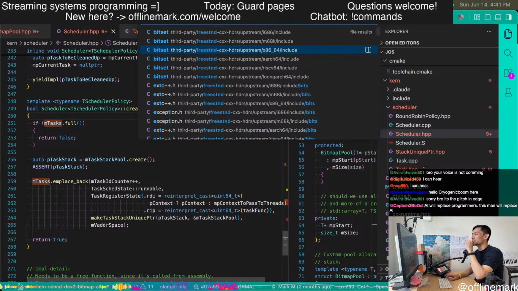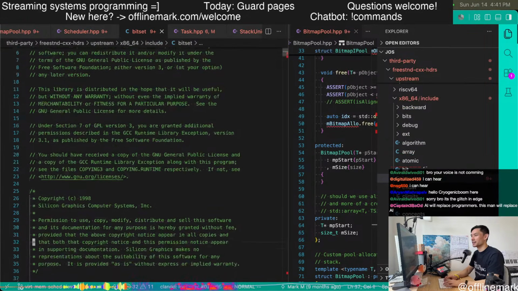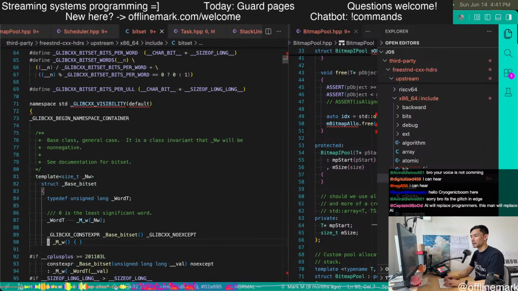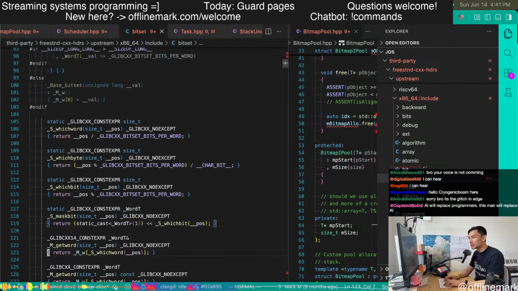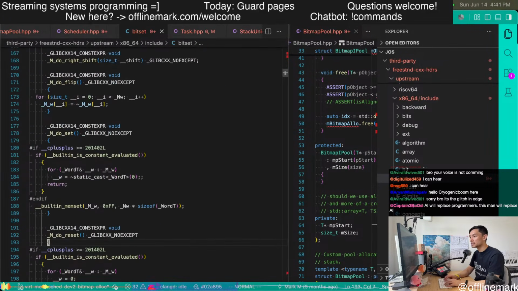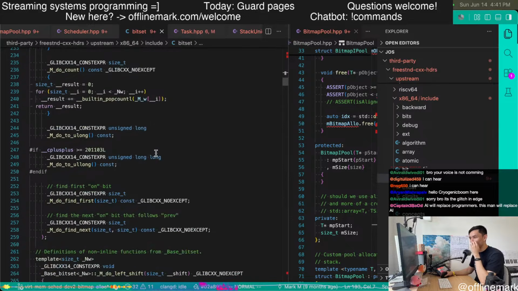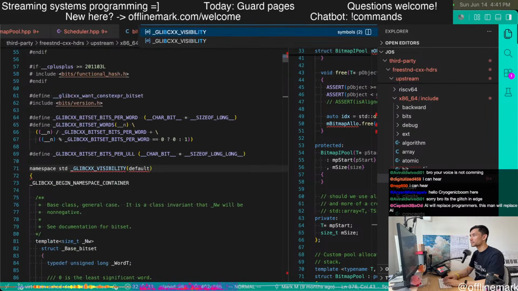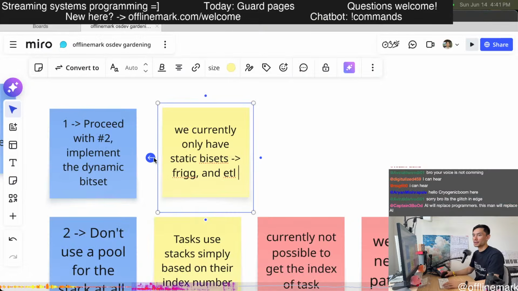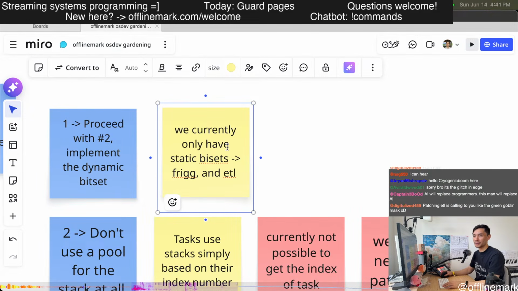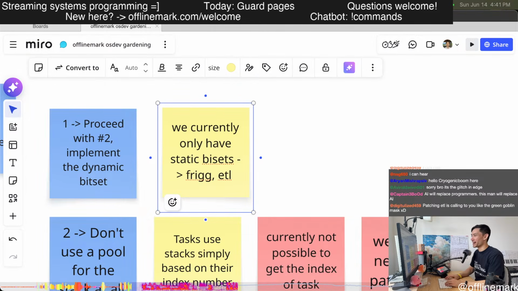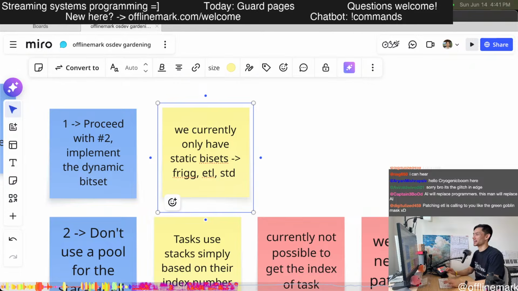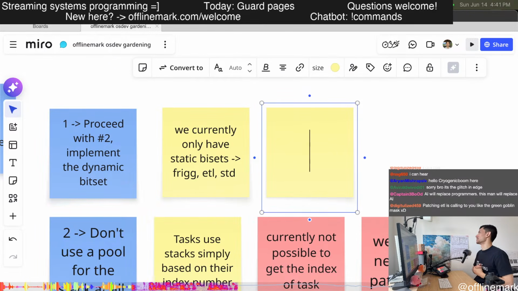Yeah, I think we even have standard bit set. I wish I could browse this a bit more easily, but it's not really that important. Patching ETL is calling to you like the Green Goblin mask. Yeah. And so unfortunately I have 3 static bit sets, but no dynamic bit set.